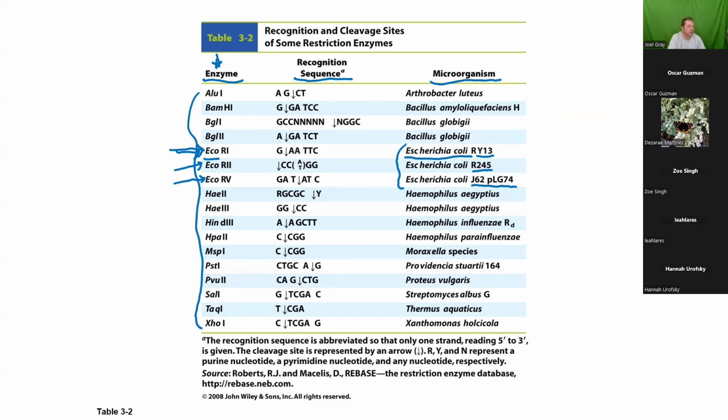Anytime it would see a double-stranded piece of DNA that had, starting from the 5' end, GAATTC, and then a reverse complement on the other strand, GAATTC. Whenever E. coli